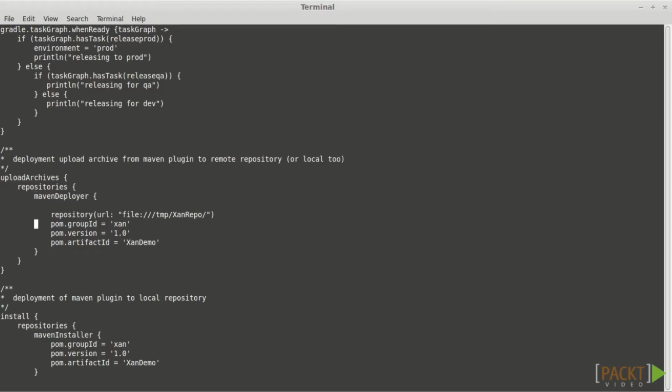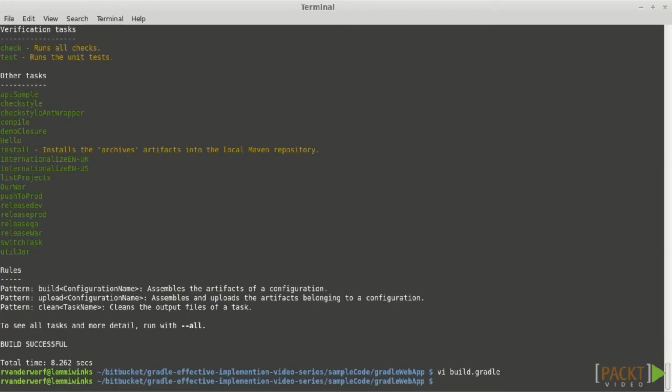And I've already got this configured. You'll see that I am telling it I want it to go to my local temp/Zan repo directory. My group ID is Zan, version is 1.0, and the artifact ID is Zan demo. This is done in the Maven format,